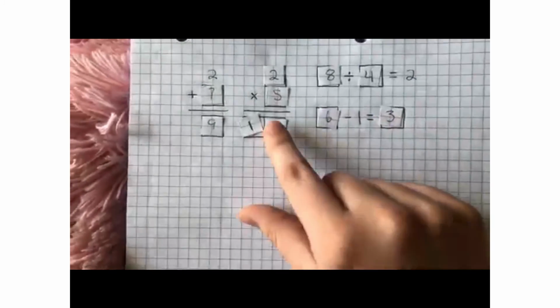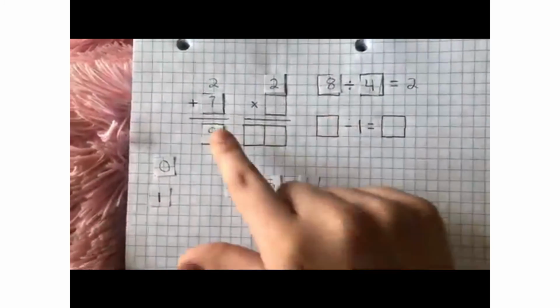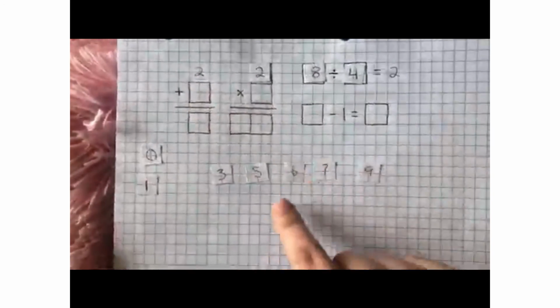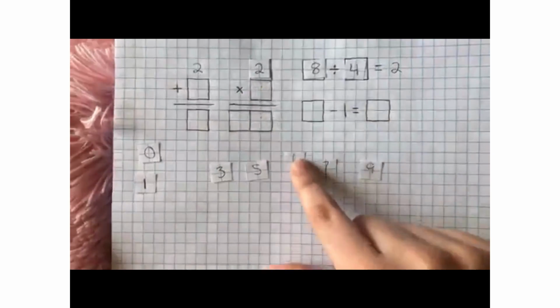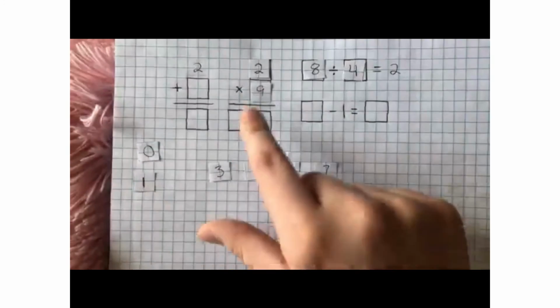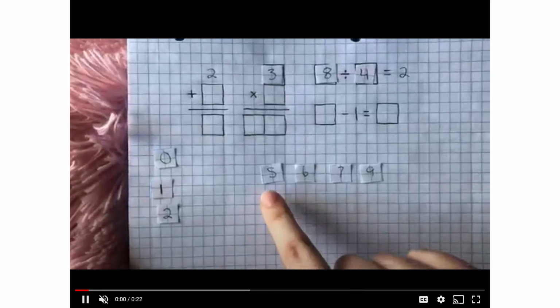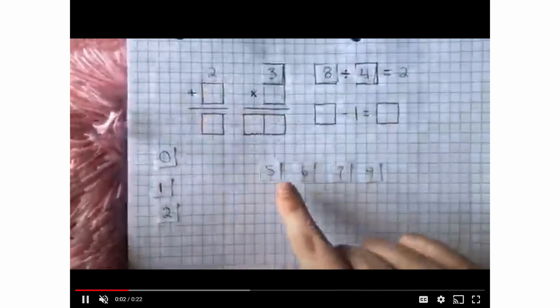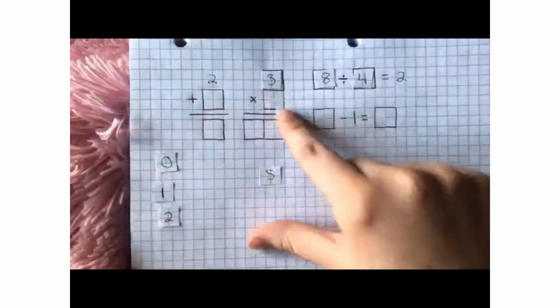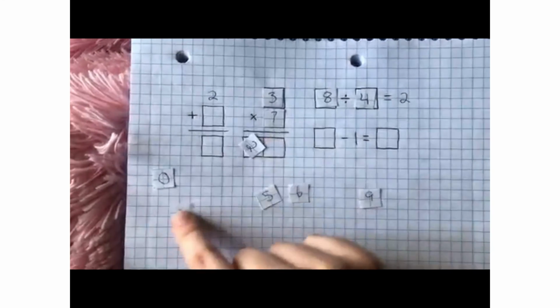So we're going to go ahead and do 2 times 6 next. And 2 times 6 equals 12. We can't use the 2, so that won't work. So we're going to do 2 times 7, which is 14. Can't use the 4, so 2 times 8 is 18. Can't use the 8. Now we're going to go ahead and move on to 3 next. We're going to go ahead and do 3 times 5 first is 15. Can't use the 5, so 3 times 6 is 18. Can't use the 8. 3 times 7 is 21. We can go ahead and put that in there. But the rest of the numbers do not work for us,